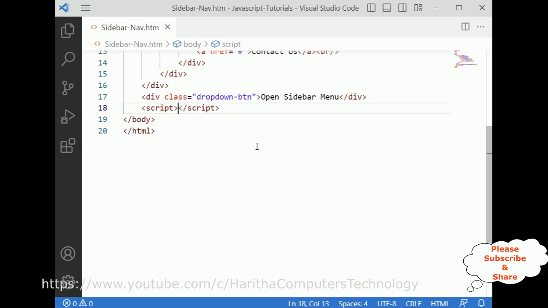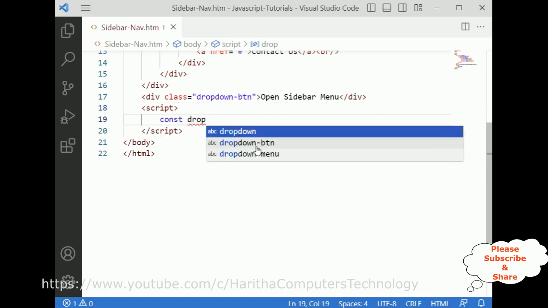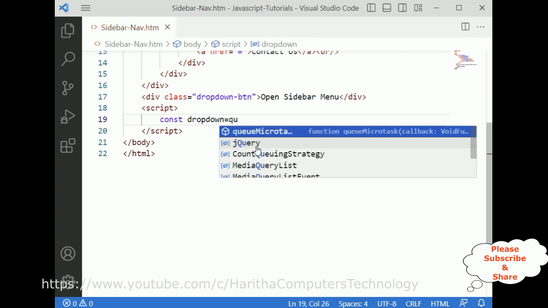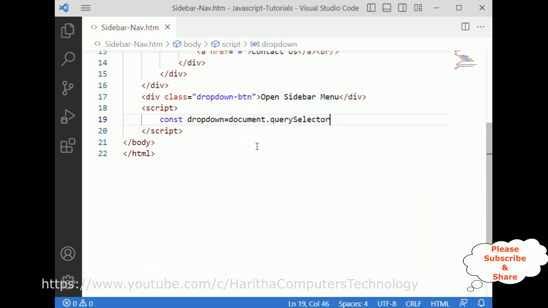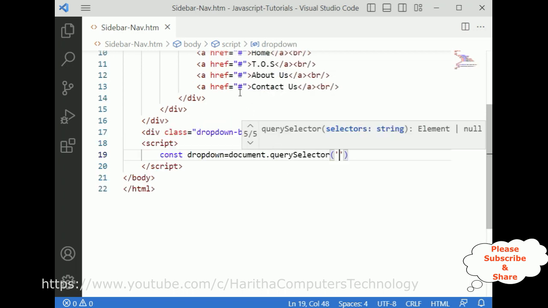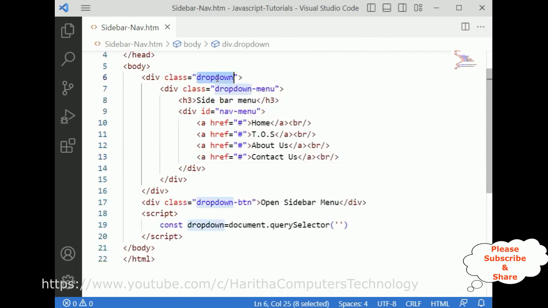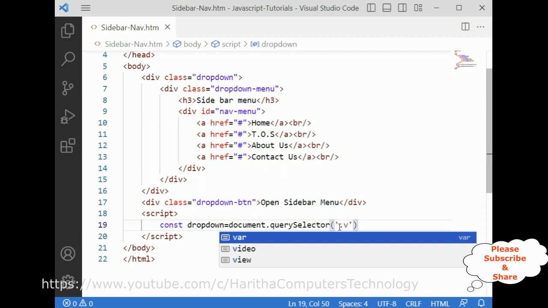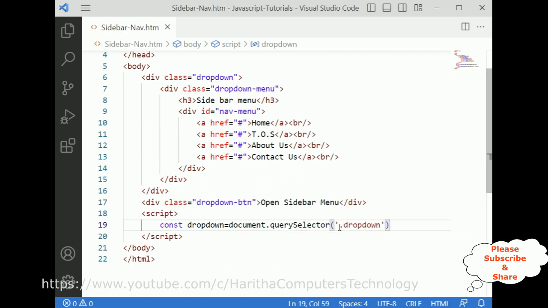Script tag. const dropdown is equal to document.querySelector. The query selector is dropdown. Let's copy this one. Once we click the button control, I want to open this dropdown. So inside this dropdown, I have a